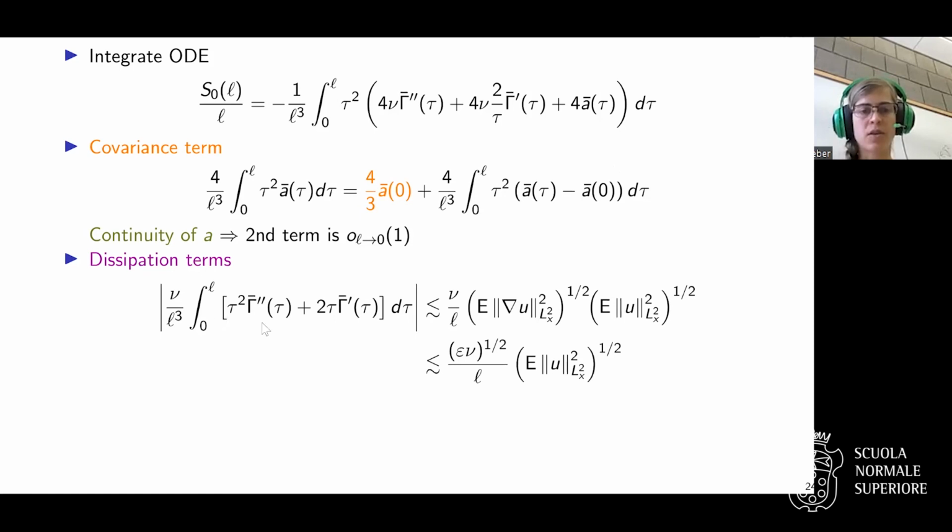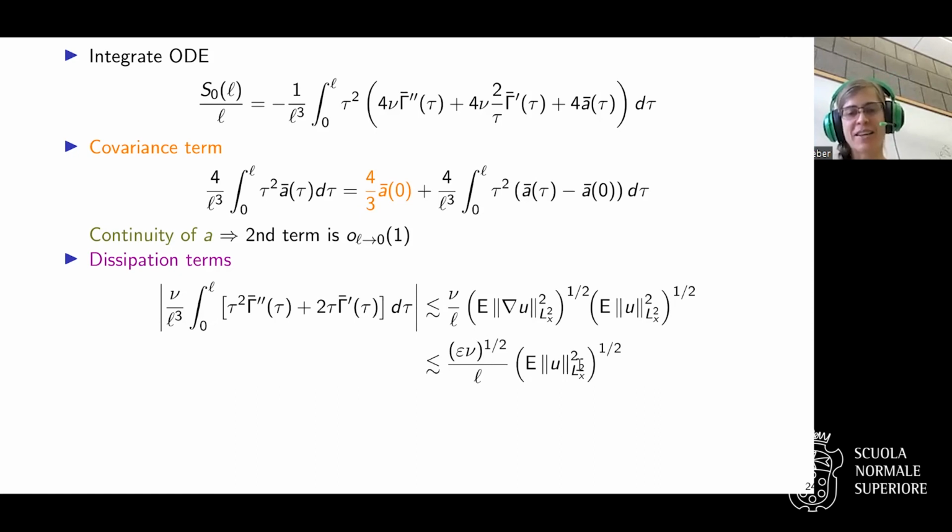And then, so this was the second order correlations and derivatives of it. So you get that this is basically the expected value of the gradient of U in L2, square root of it, and then the expected value of U, square root of it, and times nu divided by L. Now, if you use the energy inequality, then square root of nu times this term is bounded by square root of epsilon. That's where you get epsilon from. And here you have square root of nu. And now you see this looks suspiciously like the Onsager-Kolmogorov dissipation condition.